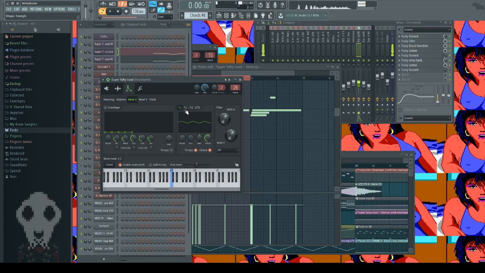And I have some LFO on it so that it opens and closes. I don't need to tell you about this. It's just add some amount, add some speed, turn the delay and the attack off. So it opens and closes, not too much. So basically it's like this. So if I were to turn this off,